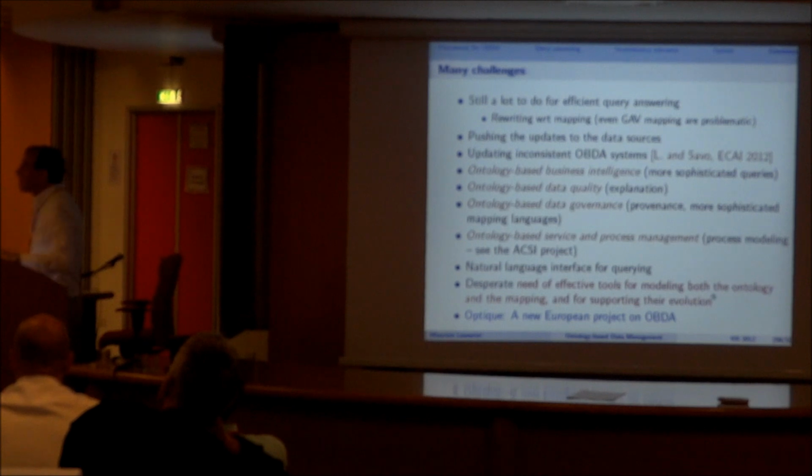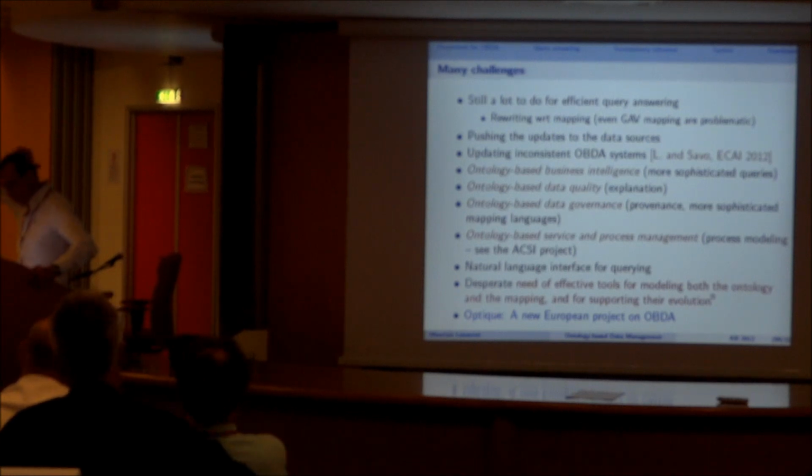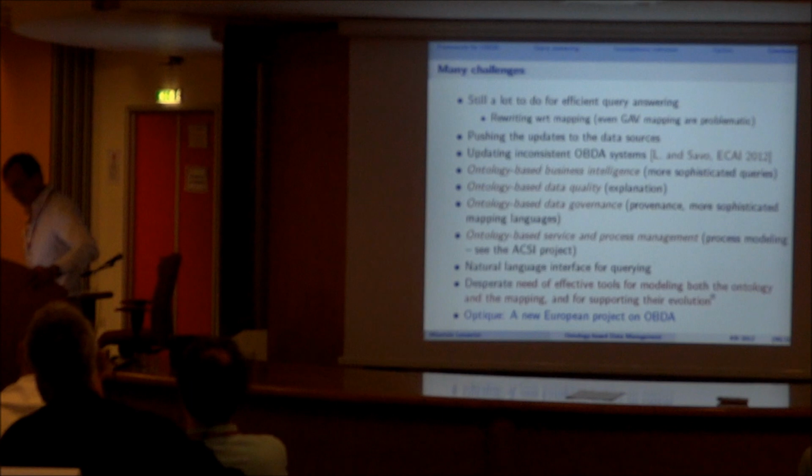For example, you have your system, you change the ontology, which mappings should I change? It's a very big problem. It is actually the biggest problem that we have right now in our experimentation. And it's nice that the University of Rome, together with the other partners, some of them are here, will start a new European project called Optique, working on the specific problems of ontology-based data access, and we hope that some of these questions will be addressed in this project.